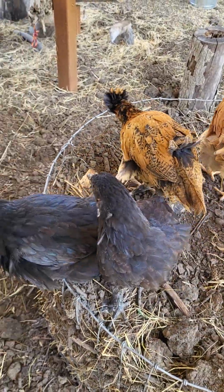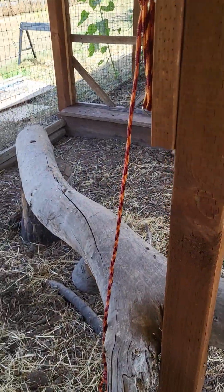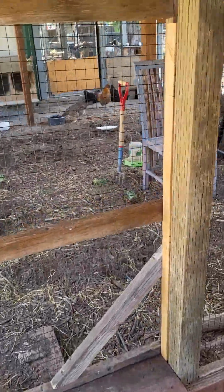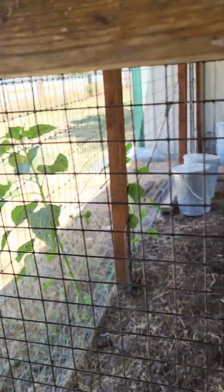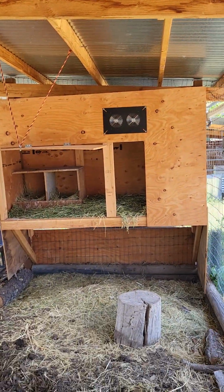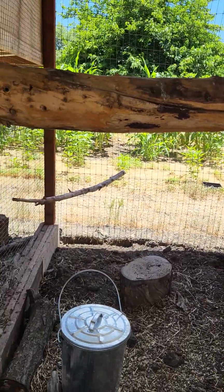They're so used to me though, used to my voice and Jim's voice. But I'll give you a quick tour. So this is their whole area, and you can see how they're safe. They've got this so predators can't come in. They've got a roof. So basically this is going to be their new area. This has been up for about a year,